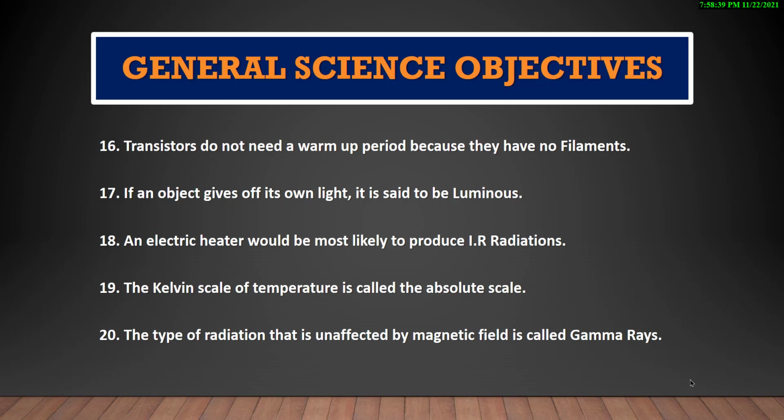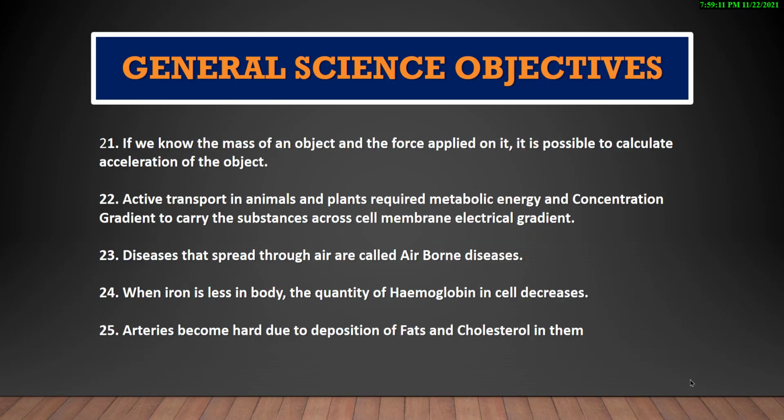If an object gives off its own light, it is said to be luminous. An electric heater would be most likely to produce IR radiations. The Kelvin scale of temperature is called the absolute scale. The type of radiation that is unaffected by a magnetic field is called gamma rays. If we know the mass of an object and the force applied on it, it is possible to calculate acceleration